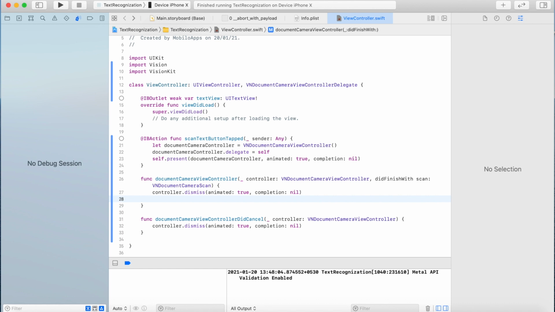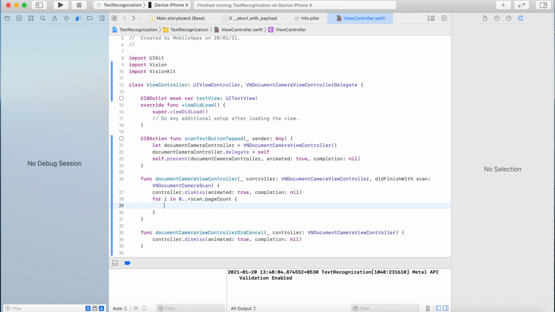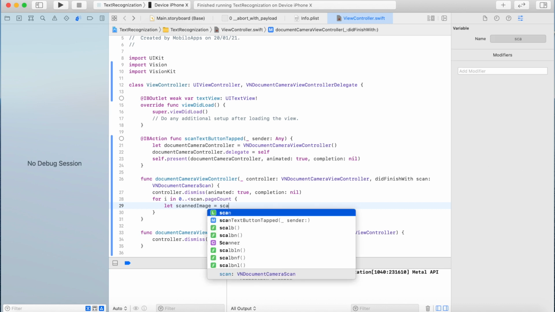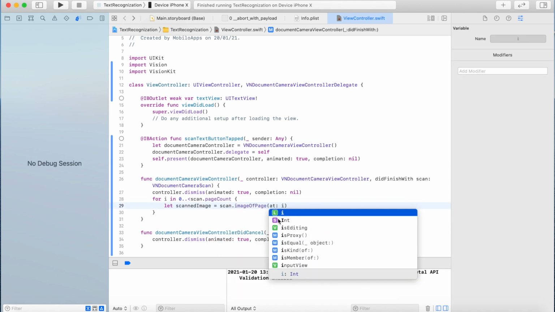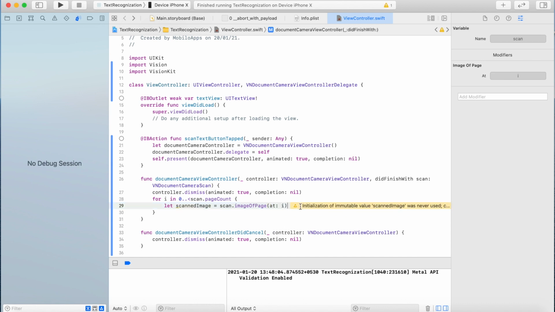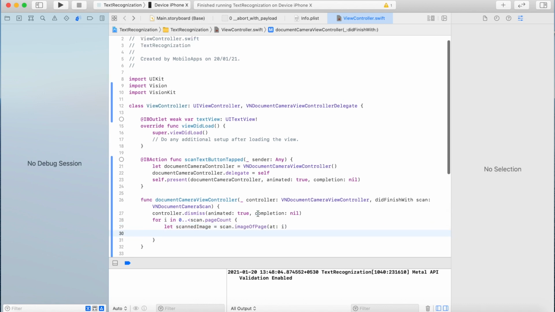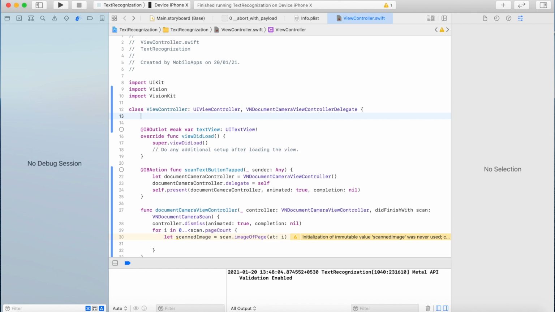In the document camera view controller, the scanned images we will get in the scan object of the delegate. So we are iterating the scan object and I'm getting the scanned image using the imageOfPage method. So now we got the scanned image and we are going to recognize the text in the image.